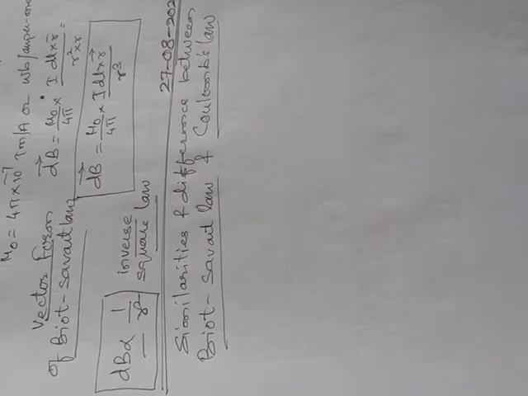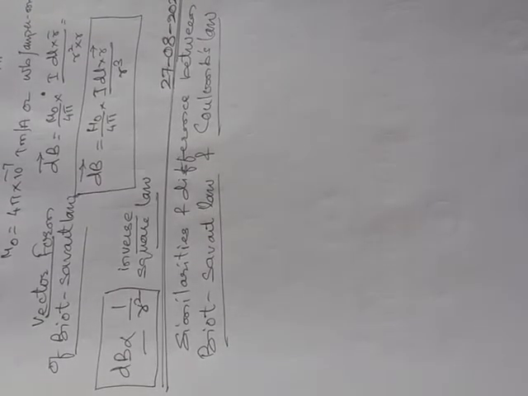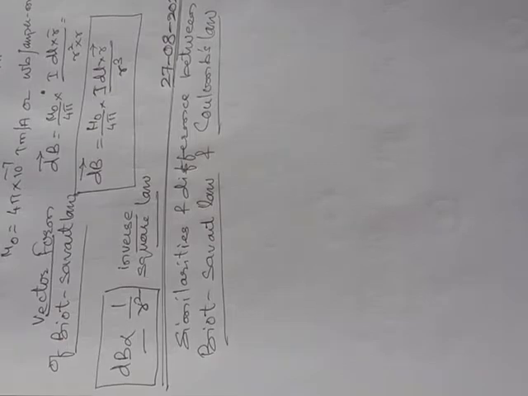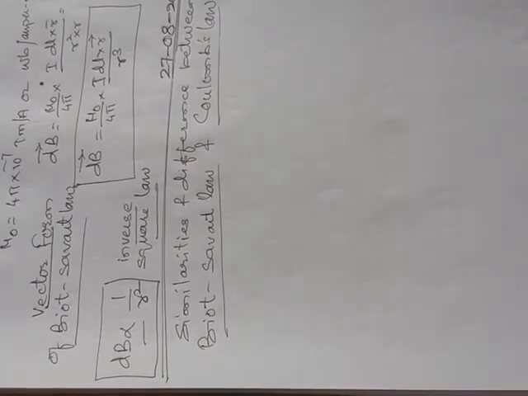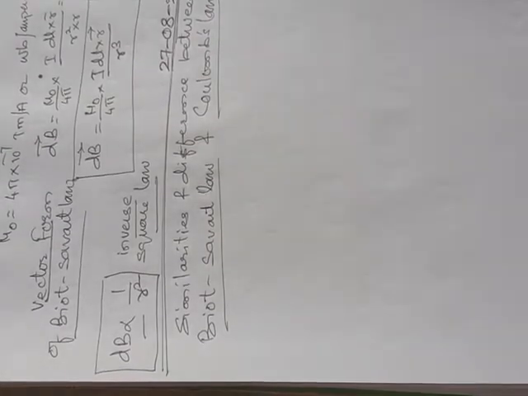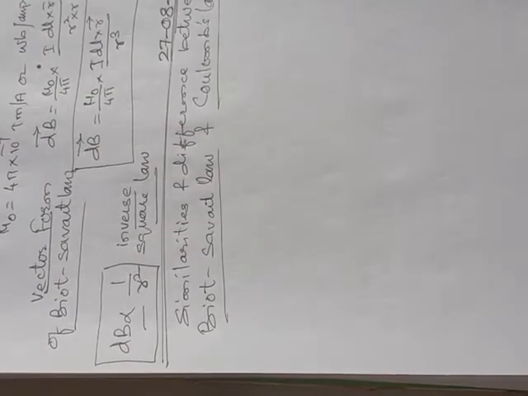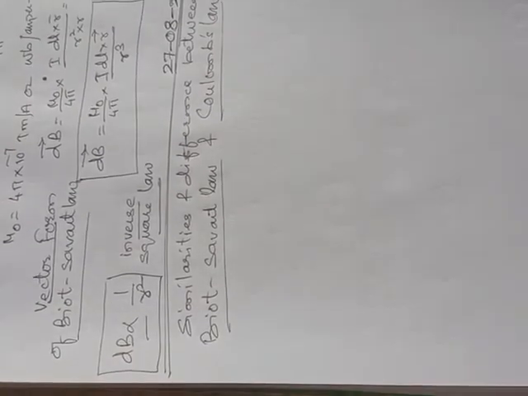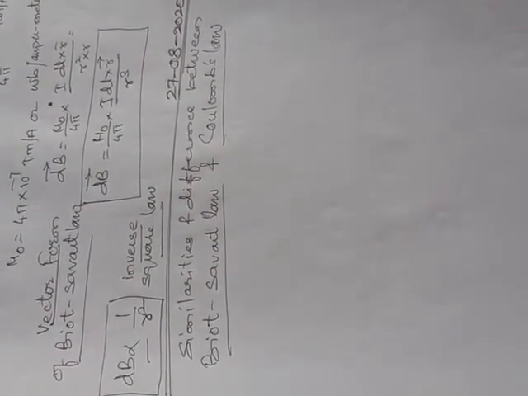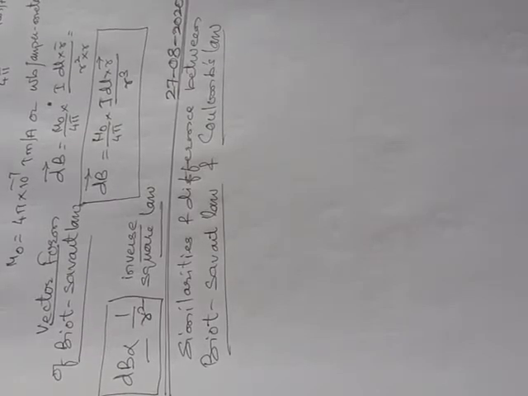As per the current element, a small element of wire is considered, and that element dl carries the current I. Biot-Savart law states that dB is directly proportional to the current I, directly proportional to the length dl, directly proportional to the sine of the angle theta, and inversely proportional to the square of the distance between the point P and the current element. That distance is taken as r.